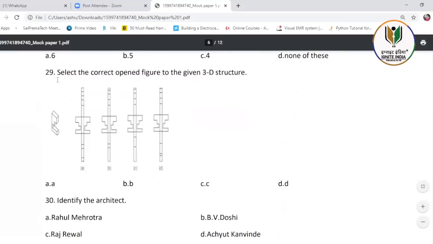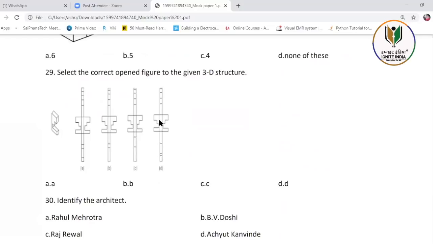Okay. Next one, they have given you a 3D structure. You have to choose which option will look most alike when it is opened. In questions like this, first of all, you have to compare the side design with the question. If they're all the same, like this one is, then we go to the next step. But sometimes they change one of the side designs, that you can eliminate. Next, you have to count in this one how many sides are there, the upper sides which you are having projected ones, outer ones.